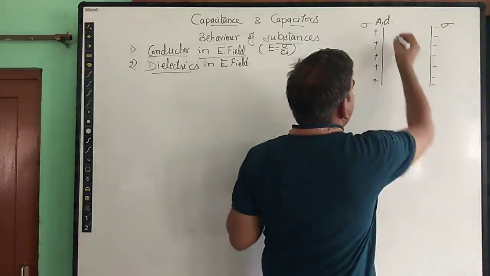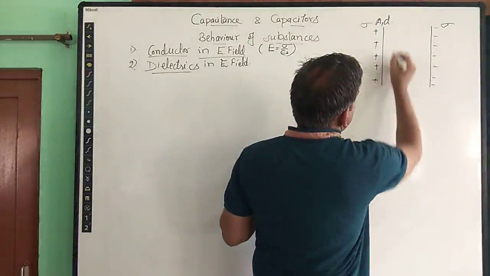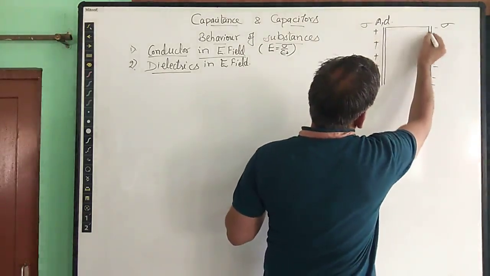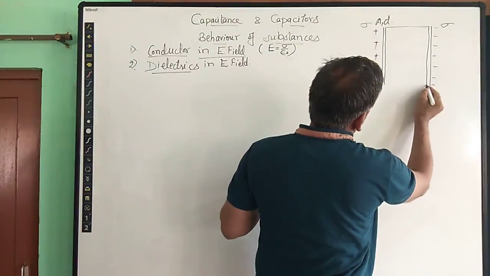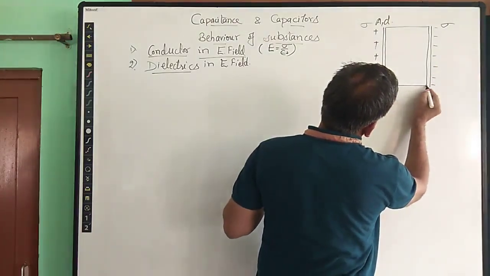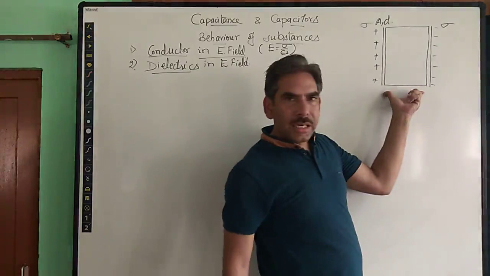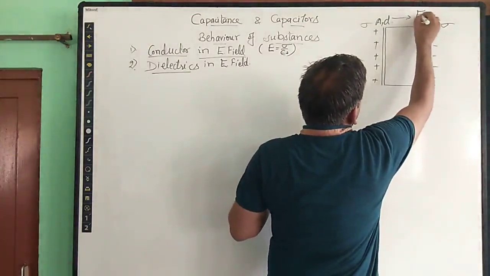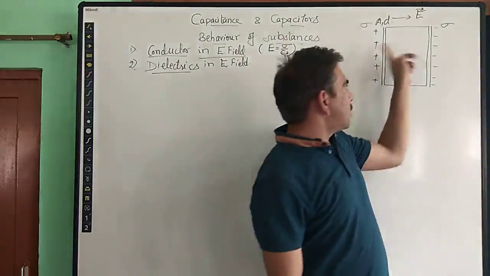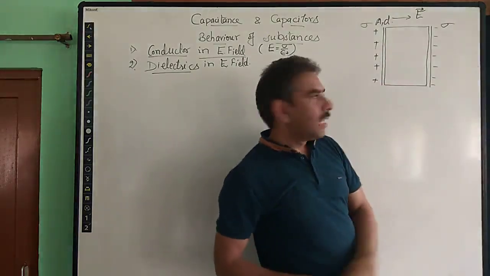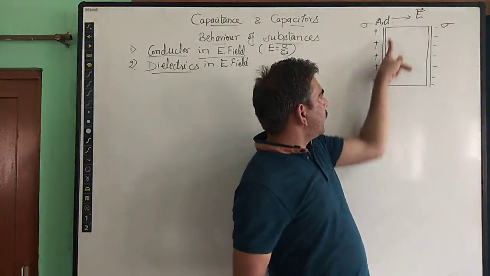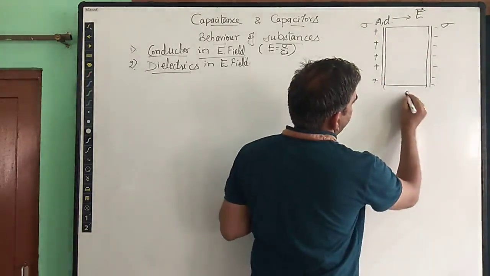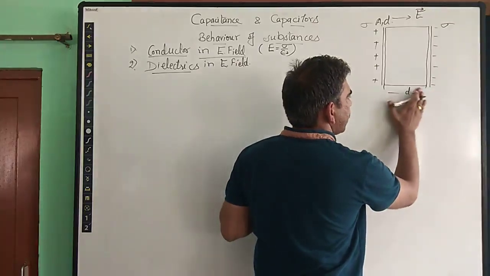For the sake of simplicity we are considering that all the space between the plates is filled with some dielectric substance, or we are placing a dielectric substance between these two plates, or simply we can say that we have some dielectric substance across which some electric field is applied. The dielectric substance is such that the area of these opposite faces is A and the separation between these two surfaces is D. We can also take the situation in that manner.